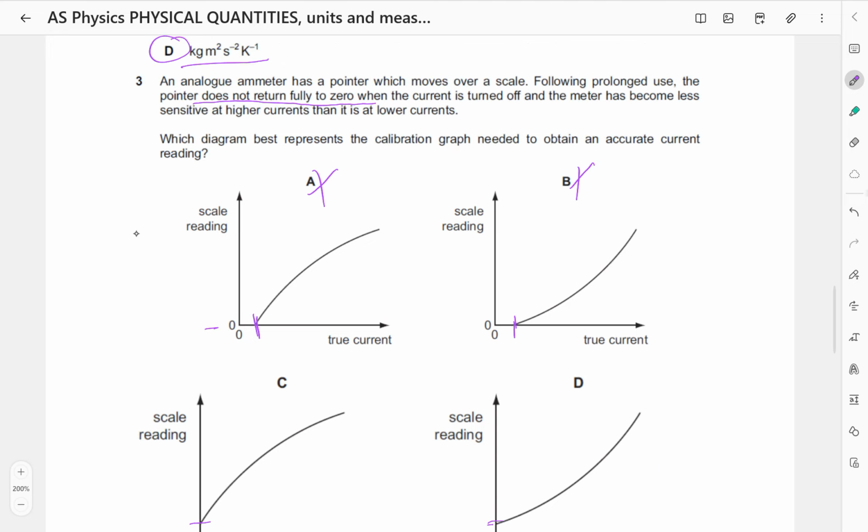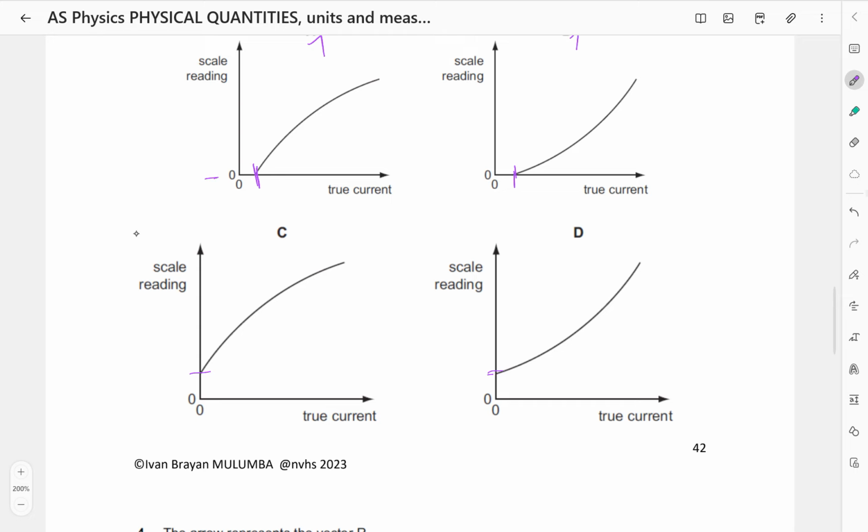But they said the meter has become less sensitive at higher currents. That means it becomes less sensitive at higher currents. That is, if the current increases, the change in the scale reading must be very small because the meter becomes less sensitive. D is going to be wrong because this is showing that as the current increases, the meter becomes